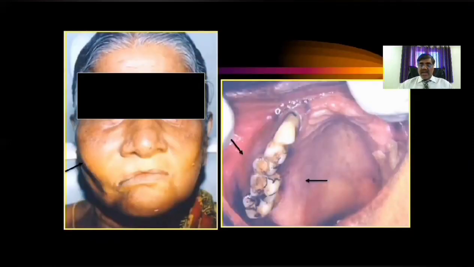Now let me show you another case. This is an old female patient who had a swelling in the right maxilla right from childhood. She has not taken any treatment for that. Intraorally, you can see all the other teeth have exfoliated and the teeth in the affected region are retained. You can see here a bicortical expansion with buccal and palatal expansion. And it is unilateral in distribution. That means it is affecting only the right half of the maxilla.